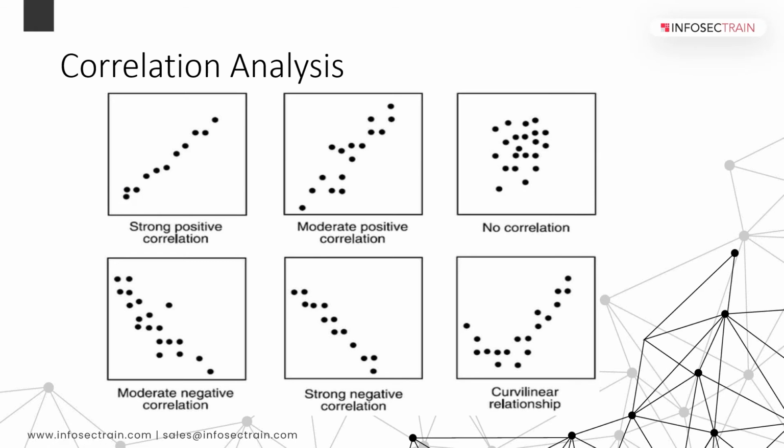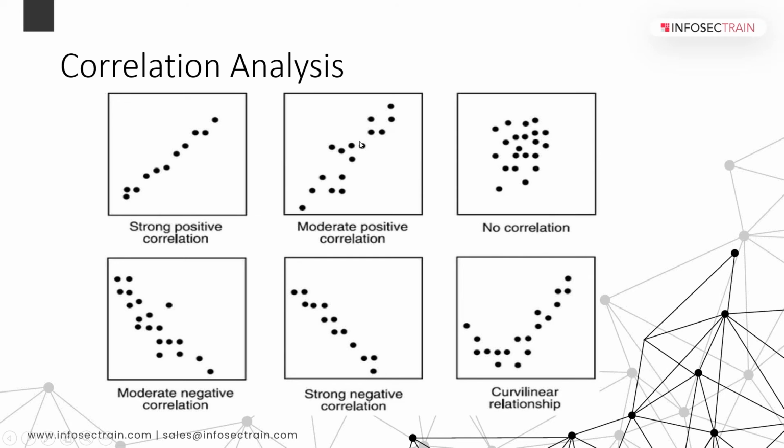like the number of hours you are studying, then your test scores will be increasing. Then we'll see some moderate positive correlation in some scatter plots as well. In this scatter plot you will see that there is some difference between data points, but there is an upward trend. So in that case you will simply say that there is a moderate positive correlation, okay.